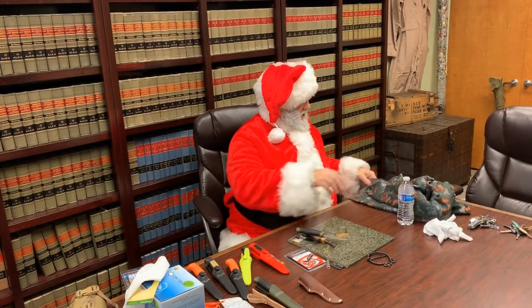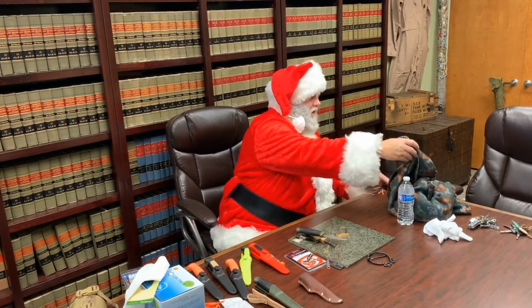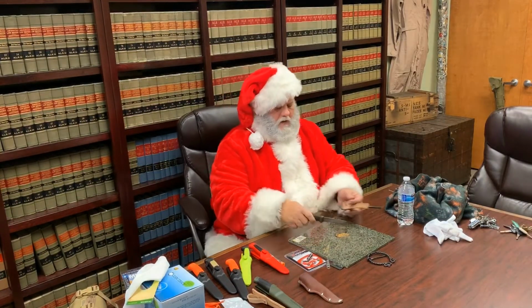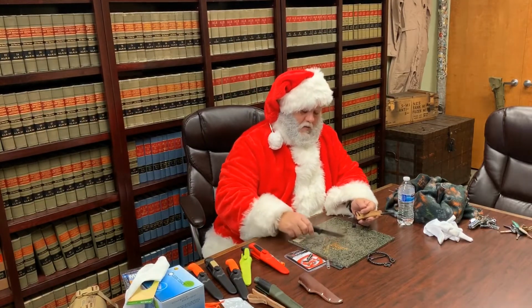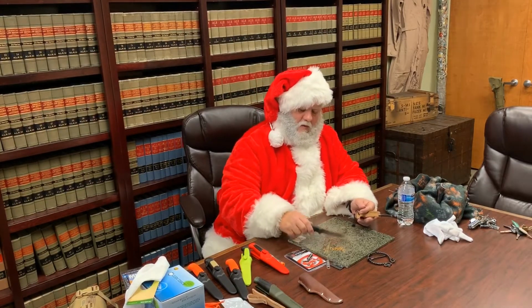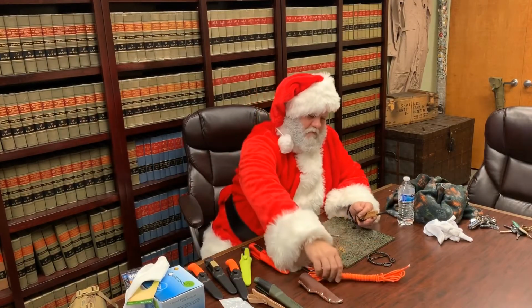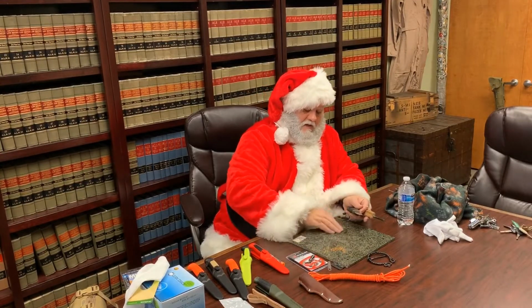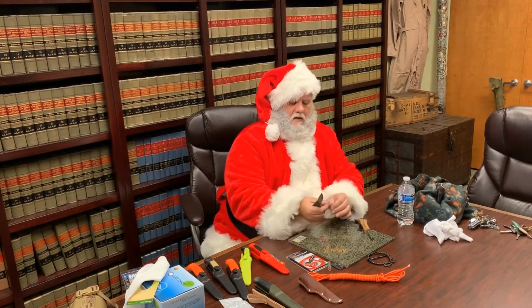I promised that I would try one last thing, and that is this. We'll get rid of these. If you remember, the very first product I pulled out was the survival cord. Pull it over here. That survival cord has all of the components in it, including this